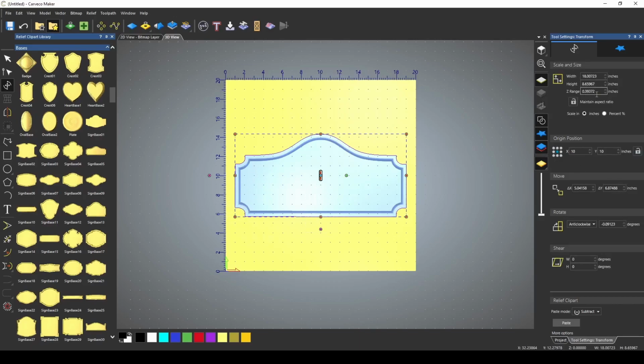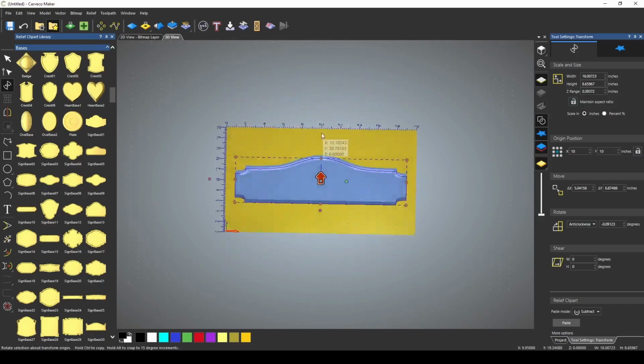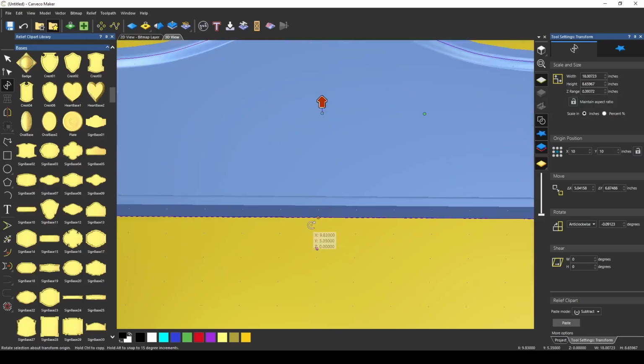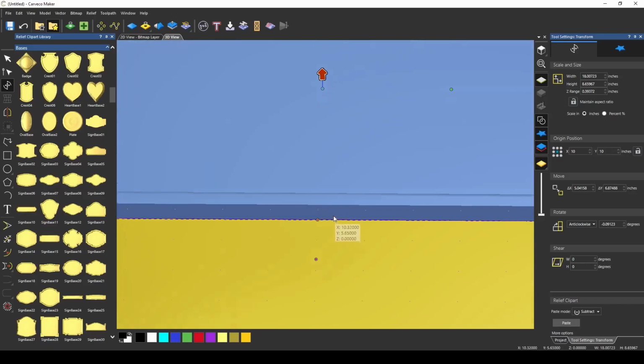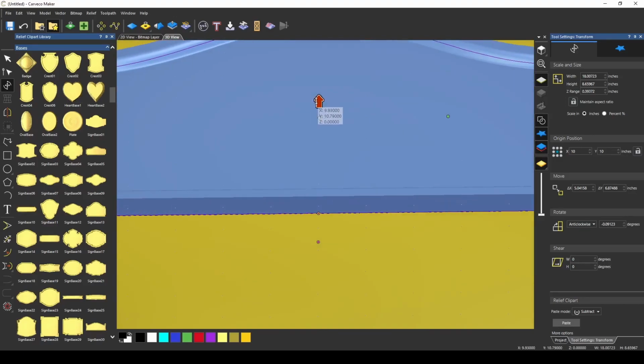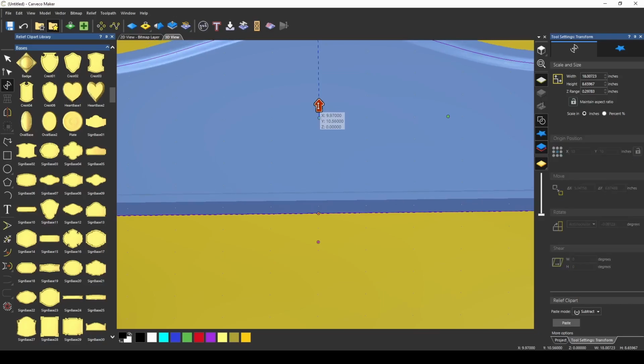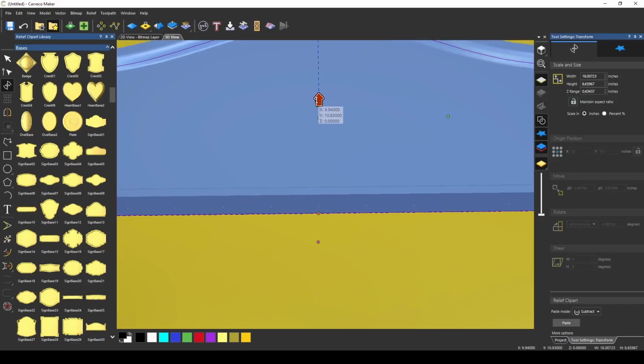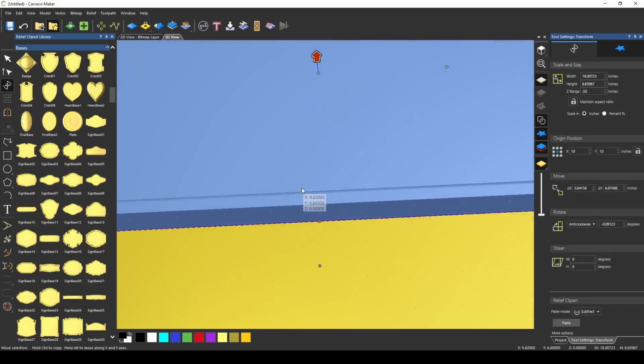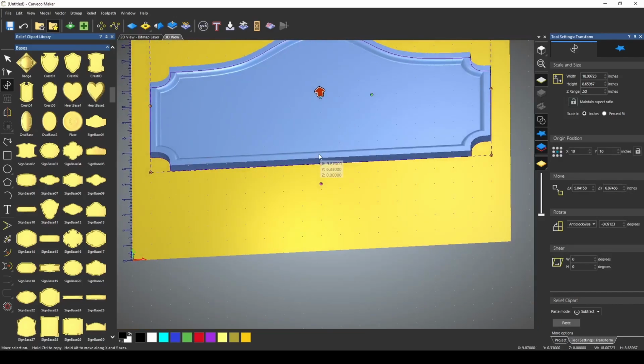The Z range is the thickness of the model. If we turn that to the side and zoom in here, you can see how thick this model is. The little red arrow allows you to adjust this height, and as I adjust it, on the right hand side over here, it's adjusting the height. So if we set that to, let's make it a 1/2 inch. And then when we're ready, we can paste that down and it will apply it to the zero plane of